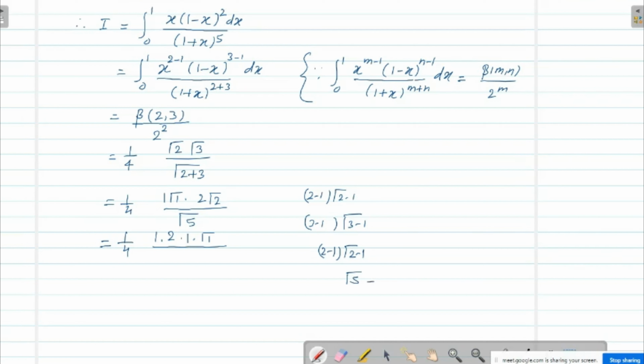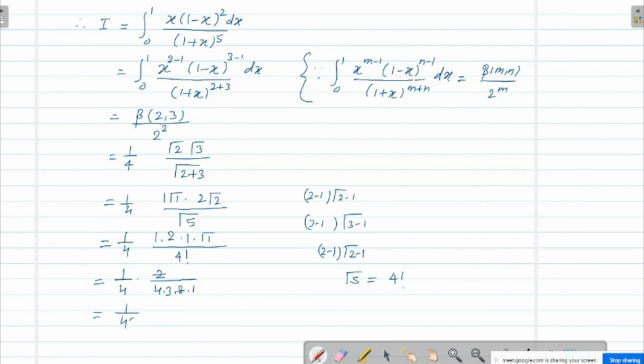Okay, and this gamma of 5 can be written as what? 4 factorial. Gamma of 5 can be written as 4 factorial, or you can write it like this also, by writing this as 1 factorial, writing this as 2 factorial. Again you will get the same thing. So gamma of 5 is 4 factorial. Just simplify this. So 1 upon 4 into 2, and divide by 4 into 3 into 2 into 1, 4 factorial. So this 2 and this 2 cancel, and here 4 4s are 16, and 16 3s are